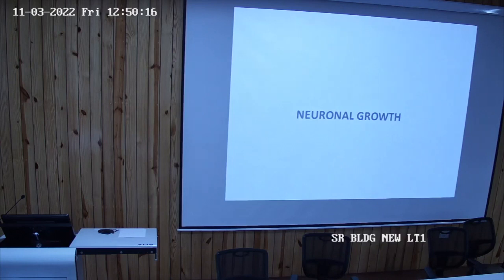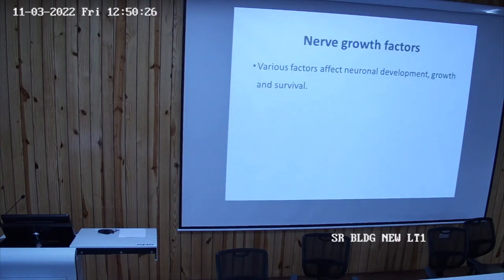So, we have discussed that there are certain substances which are helping the growth of the neuron, maintenance of the neuron. Okay, these are called the nerve growth factors. इसको क्या कहते हैं? Nerve growth factor. शॉर्ट नोट में आता है एग्जाम. न्यूरोट्रोफिन या nerve growth factor तो शॉर्ट नोट आ सकता है एग्जाम. So nerve growth factor is very important. There are various factors which affect the neuronal development, growth, and survival. These are important for growth of the neuron, development of the neuron, and survival of the neuron.